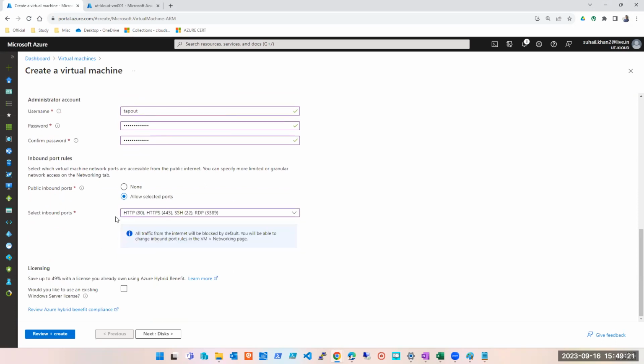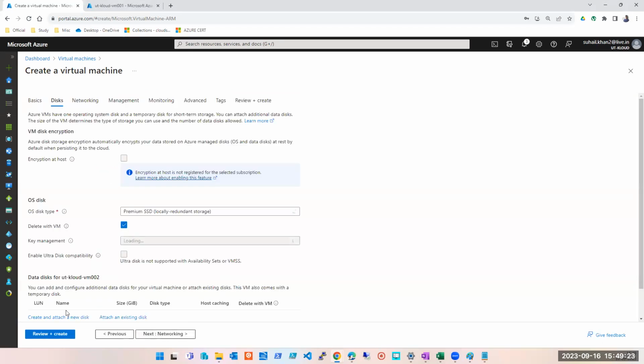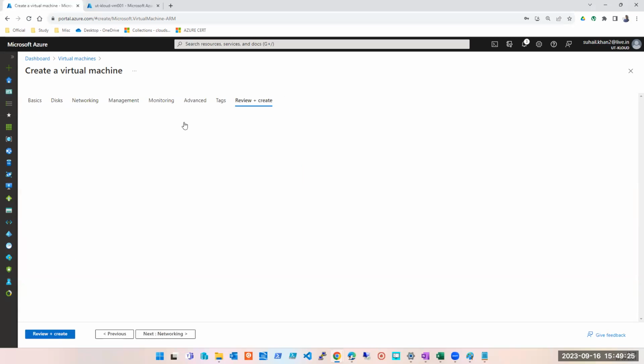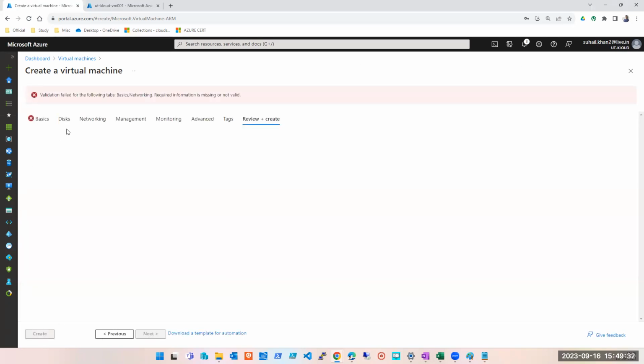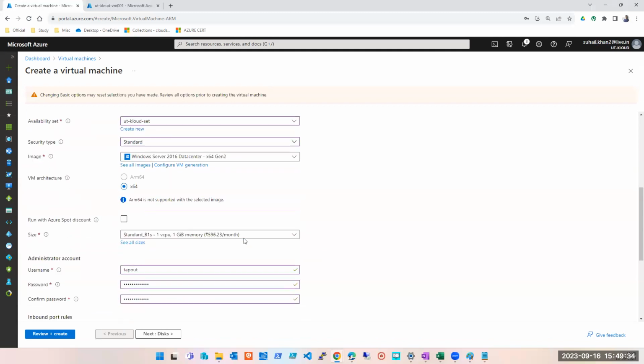although I'm not going to RDP or anything to these machines, I'm still selecting this. Okay, rest of everything is fine. Default I want to take, and I'm going to deploy the machine here. Something is missing, which is